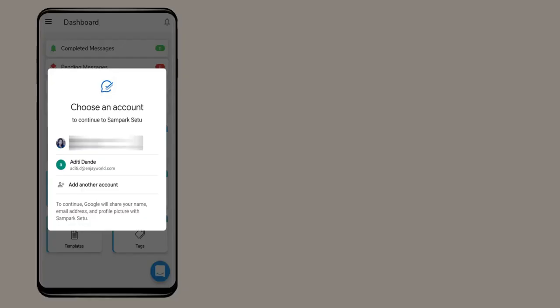Welcome to the video for sending messages via Gmail through the Sampark Setu application. This video will help you understand the whole process of sending messages, including the account sign-in process and managing the permissions required. Firstly, as you can see, you will get a pop-up asking for your permission to sign in to